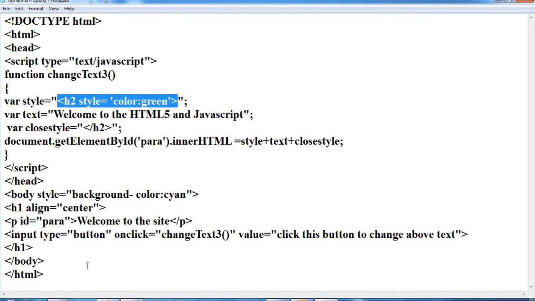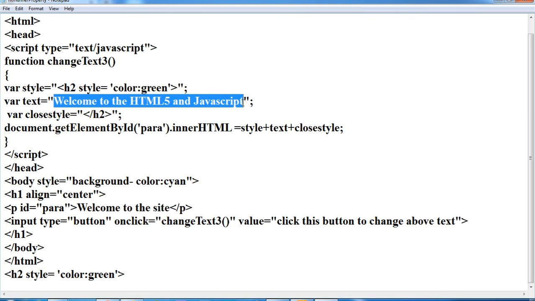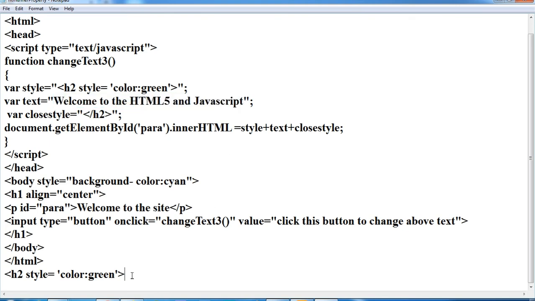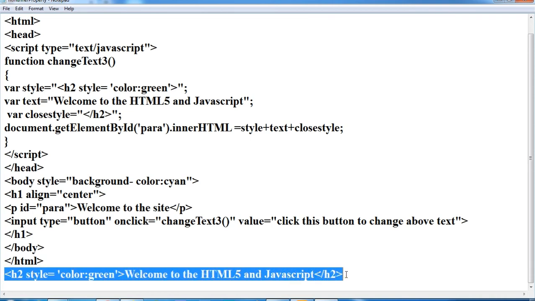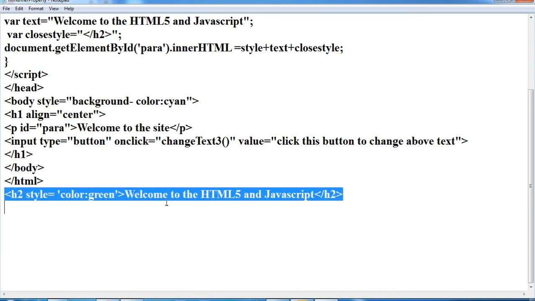If I write it separately, this will look like this, and h2 close. I want to show you this line.